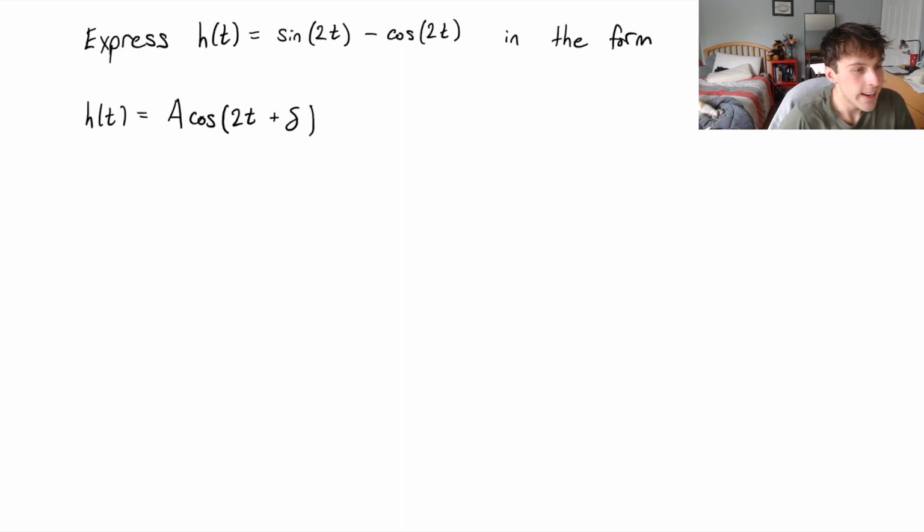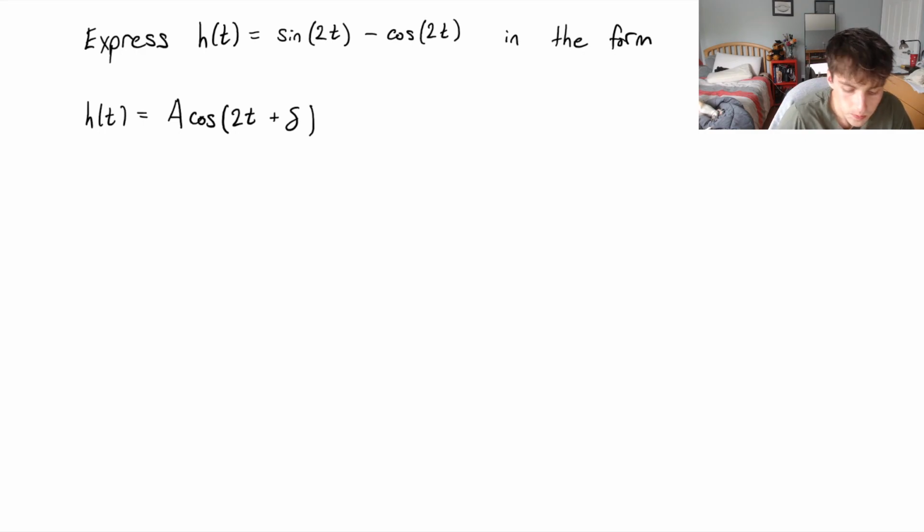Hey everyone, in this video we're going to look at an example where we're asked to take a function that's got multiple trig expressions in it and turn it into the form that's a single general cosine function. So you can see we're given h of t is equal to sine of 2t minus cosine of 2t, and we're asked to write it in the form of some amplitude factor times cosine of 2t plus some phase shift